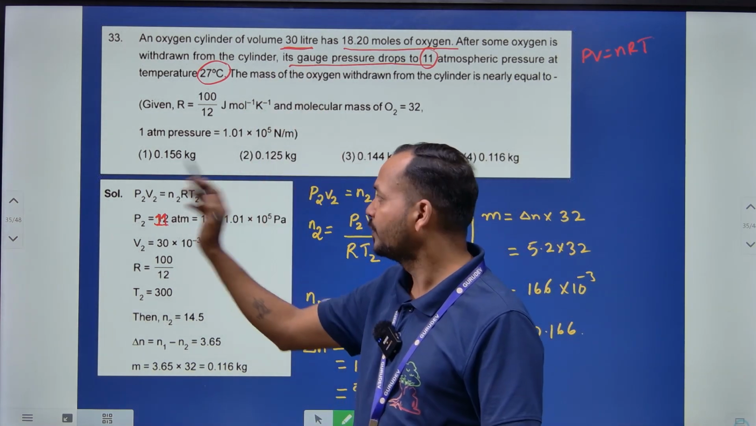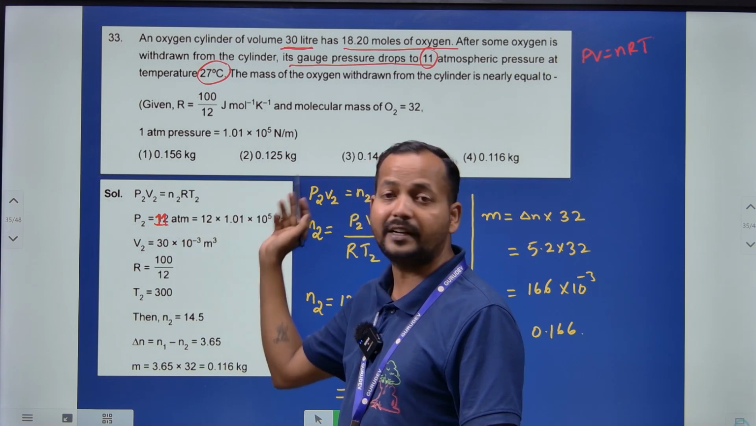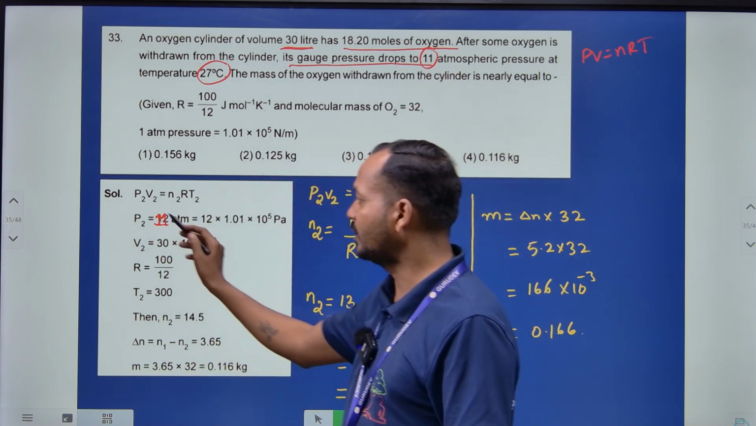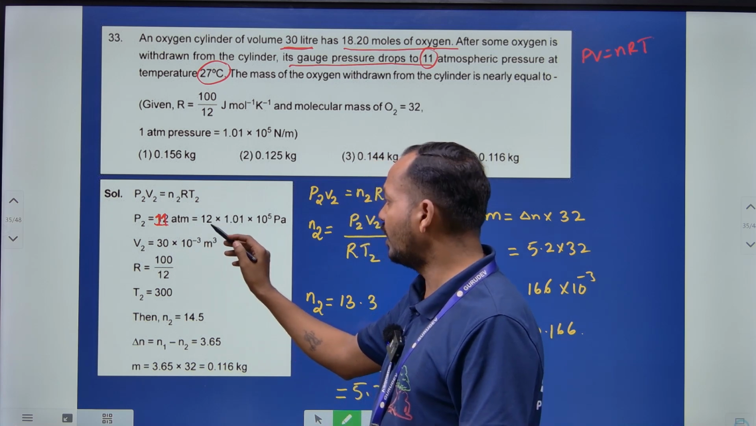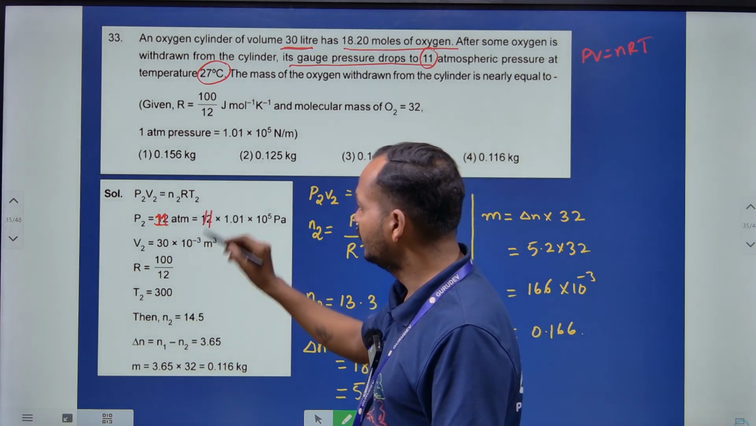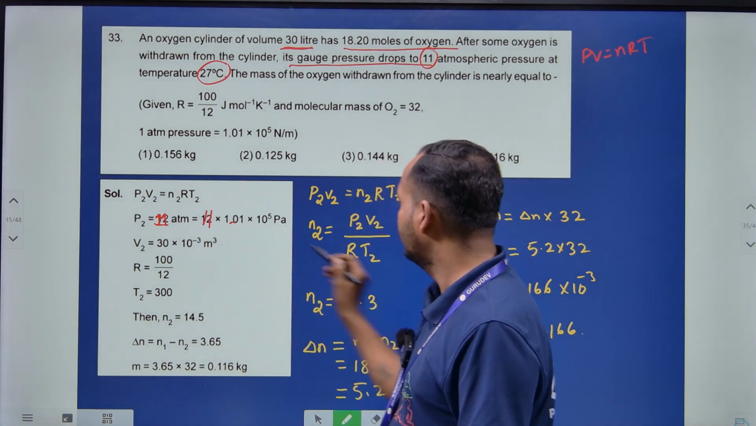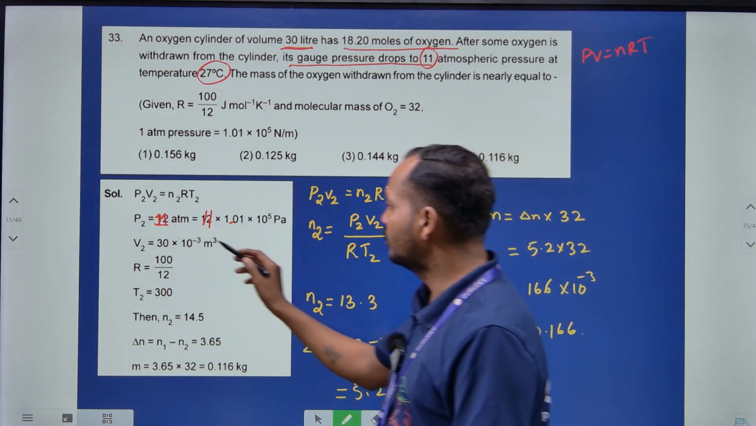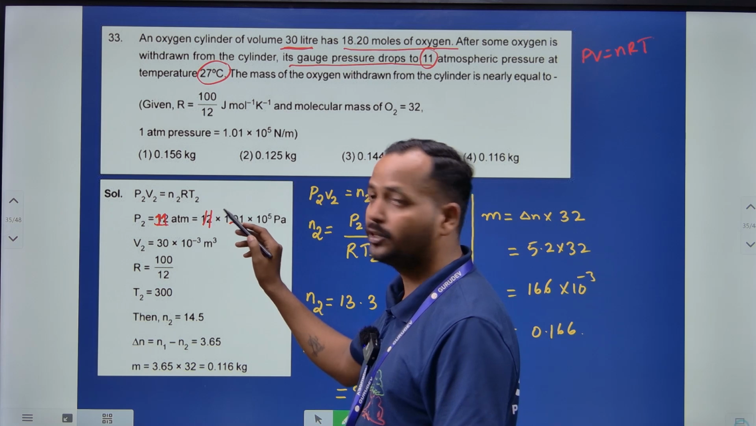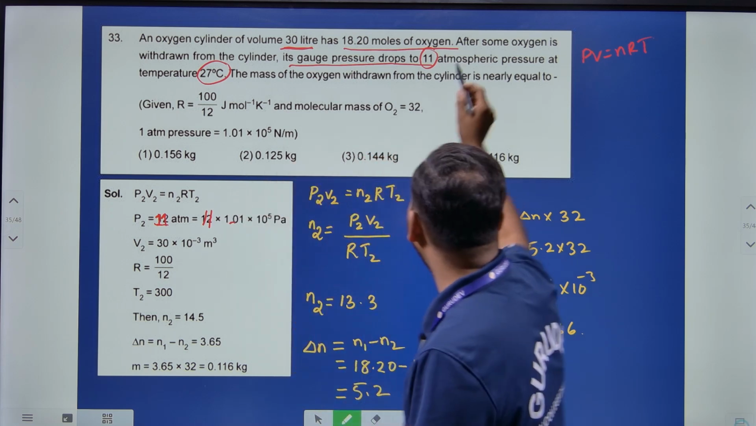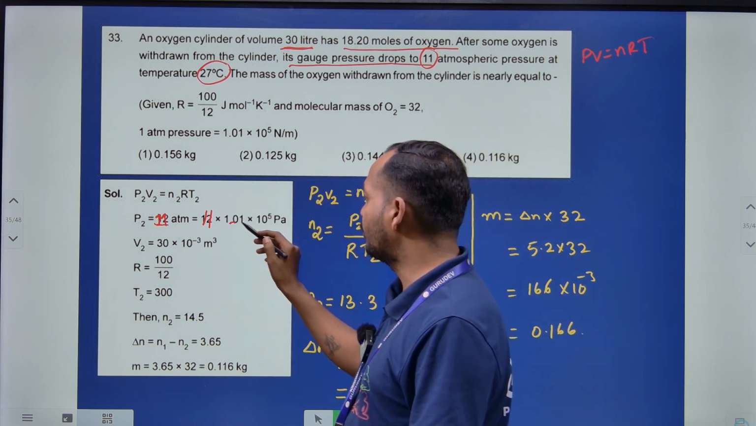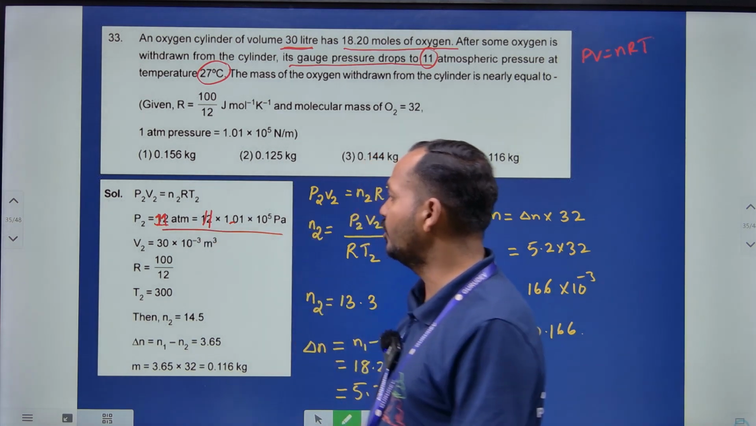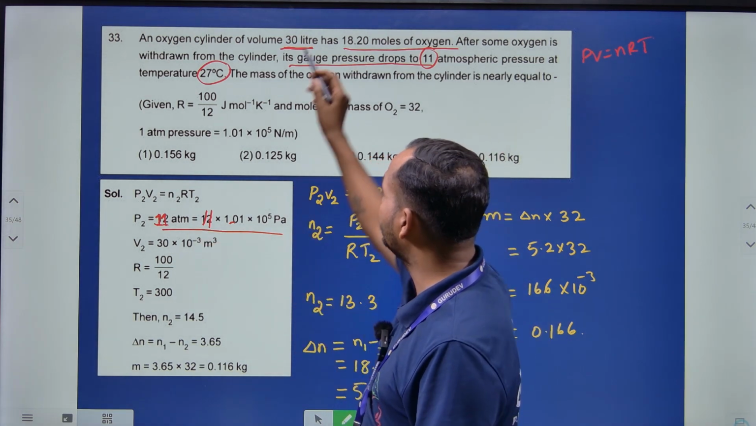RT1 है हमारे पास, तो हमें P2V2 = N2 RT2 करना है। तो P2 क्या है यहाँ पे, 1.1 एटमॉस्फेरिक प्रेशर। 1.1 एटमॉस्फेरिक प्रेशर क्या होता है, 1.1 इंटू 1.01 इंटू 10⁵ पास्कल जो होता है ये वैल्यू, देन V2 जो है 30 लीटर, 30 लीटर क्या होता है 30 इंटू 10⁻³ मीटर क्यूब।